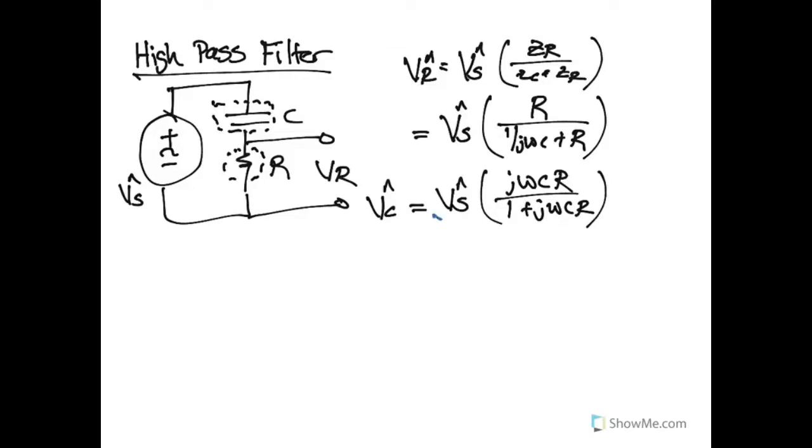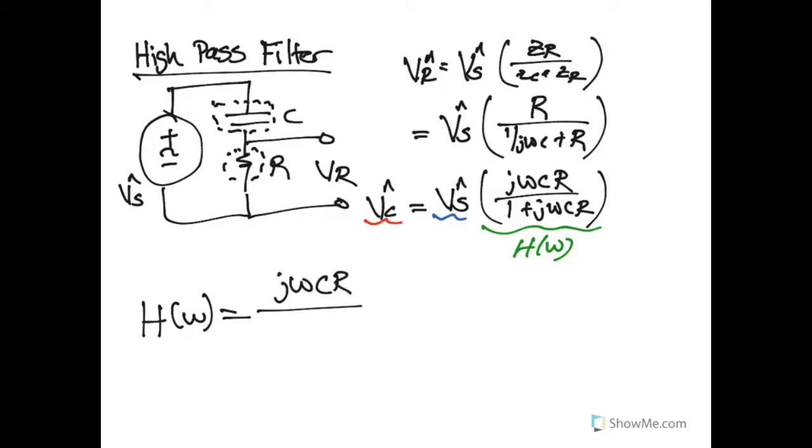So this is our input signal, and this is our output signal. So that means that what's remaining over here that relates the two of them is our transfer function. So the transfer function for this particular circuit is jωCR over 1 plus jωCR. And we said that this was a high-pass filter, but let's go ahead and check to make sure that